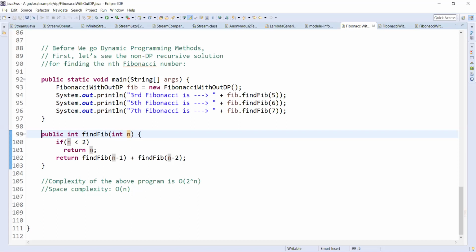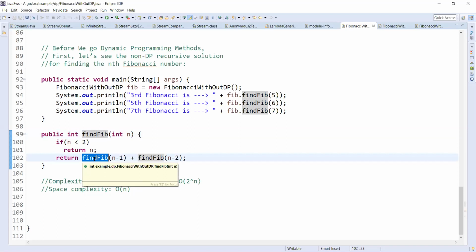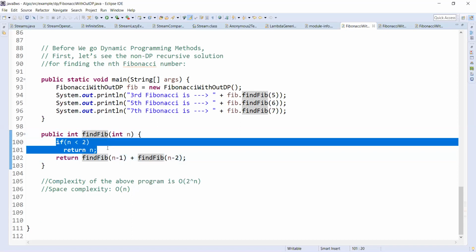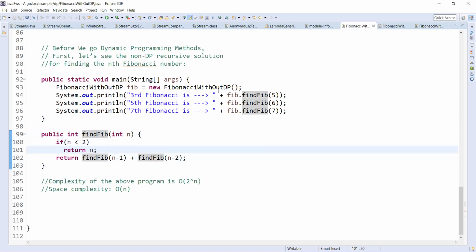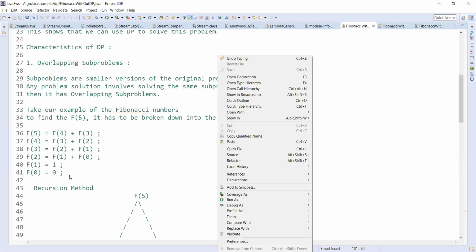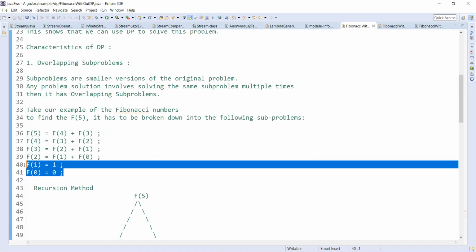It's a one-line program. You need to call this Fibonacci again. We are purely going by our mathematical statement. What is Fibonacci n? Fibonacci n is Fibonacci n minus 1 plus Fibonacci n minus 2. But here we need to have a base condition. When n is less than 2, we need to return n. These are the two base conditions.